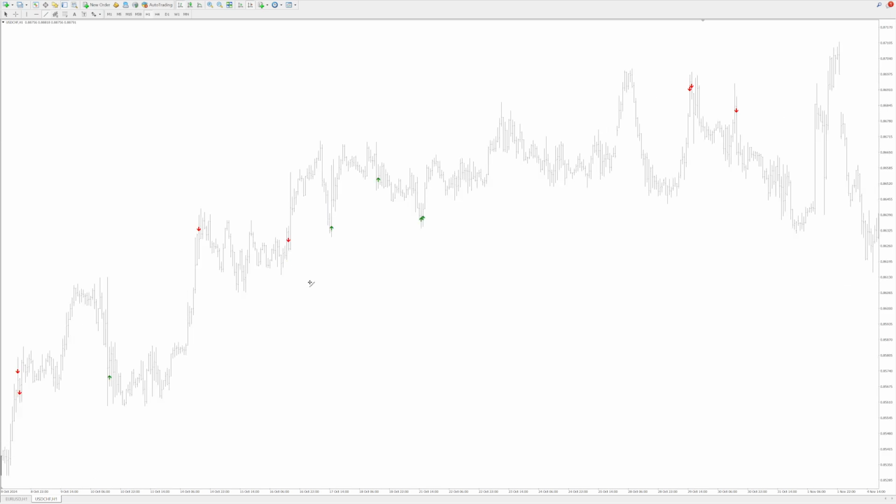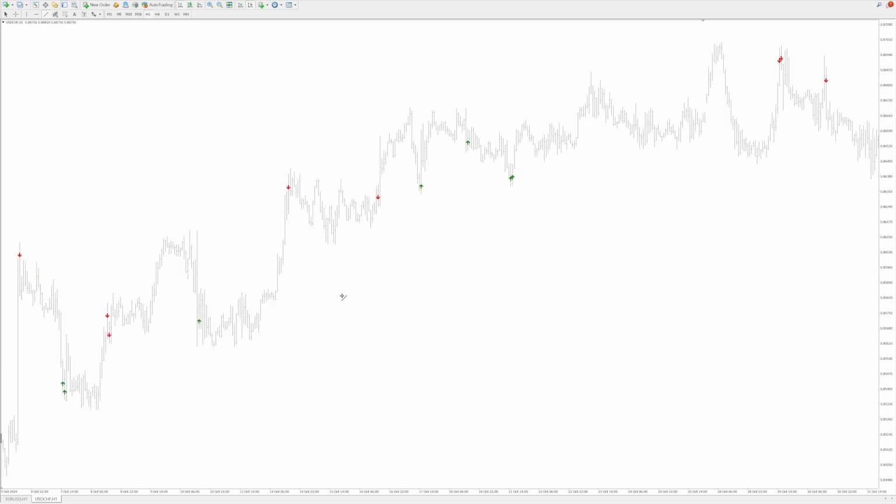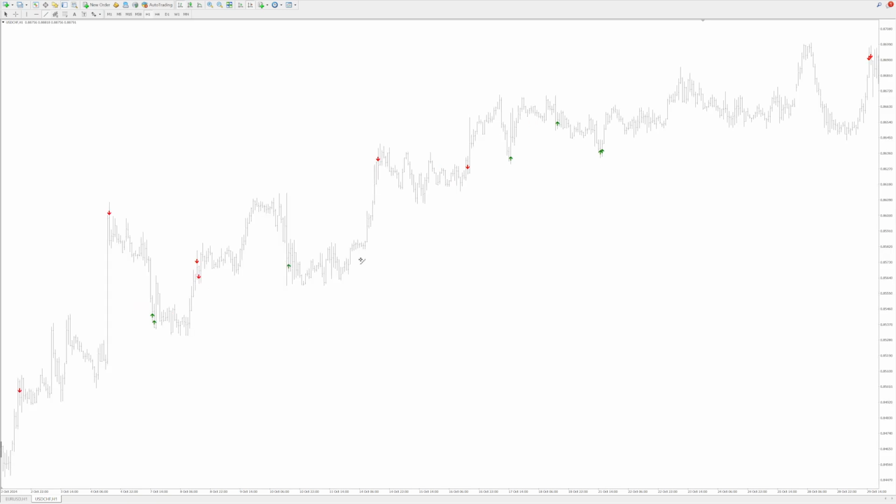And the first thing to note is it's not clear what the methodology is behind these arrows being displayed, okay? Are they using moving average crossovers? Are they using a stochastic? Are they using an ADX? Are they using the MACD? Are they using a combination of indicators? Are they using completely random entries? We don't know, okay? So therefore, based on that alone, I'm not going to take the signals. I think it's imperative that you know why there's a particular signal and why you're entering or exiting a trade,